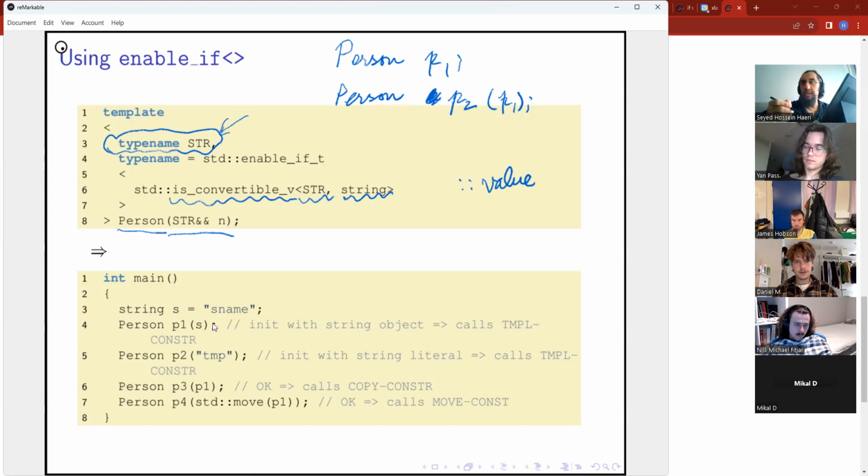That means, for example, that when we perform the construction here, if p2 was to be constructed using this constructor, then str here would have been Person, but then Person needed to be convertible to string, and that is not the case. Therefore, this constructor is not applicable.